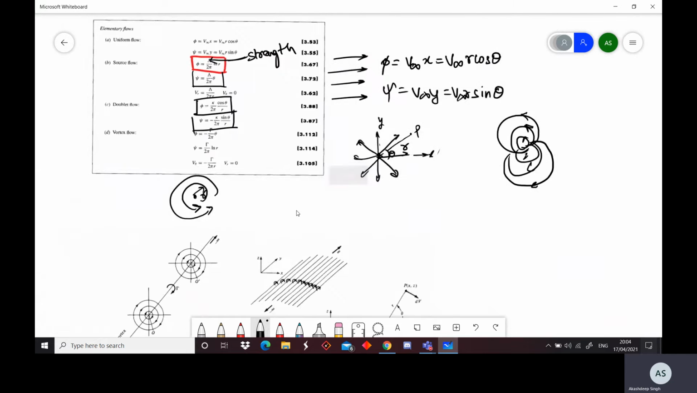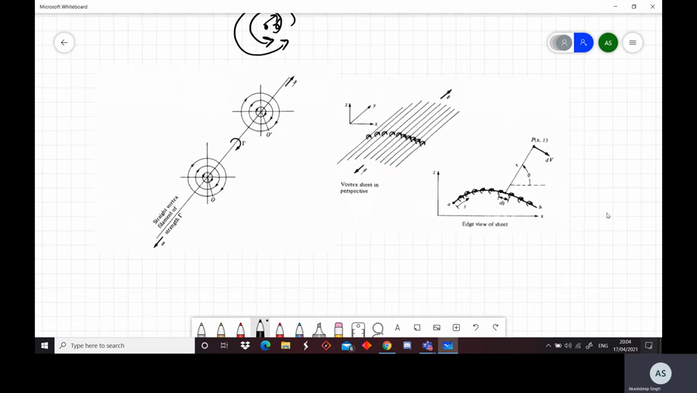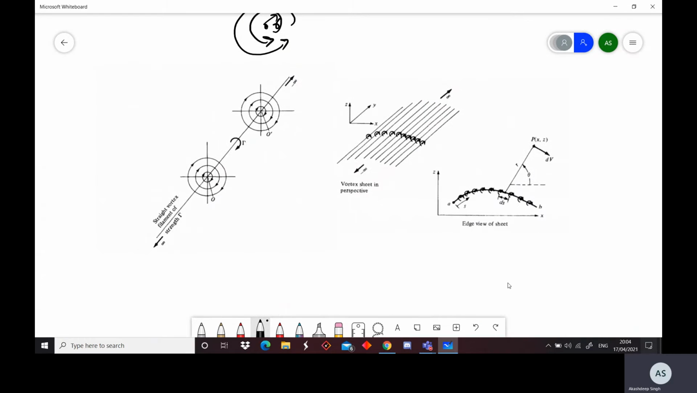Now we'll use these elementary flows to study thin airfoil theory, and we'll realize the need for the Kutta condition and what exactly the Kutta condition is. Let's assume a vortex filament, basically a line which has infinitely many vortex points, these concentric circles as you can see over here. Let's say the strength of the entire filament is gamma. It extends to both sides towards infinity, and if you combine infinitely many such filaments and see it from this perspective,